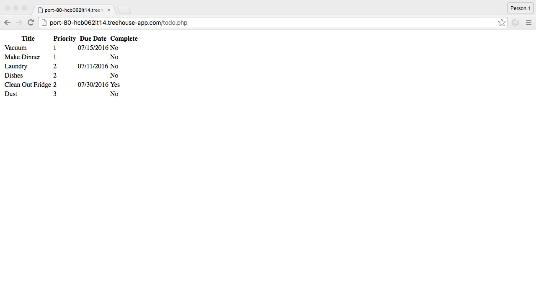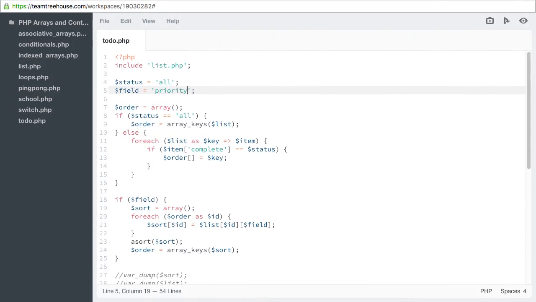As our final feature, we're going to add the ability to show just the tasks due in the next week. So let's go back to Workspaces. We still want to choose whether we are showing complete or incomplete statuses. But let's say we want to show either the items in a particular order or the items due in the next week. We could choose to allow both these features to work together, but for demonstration purposes, let's use either